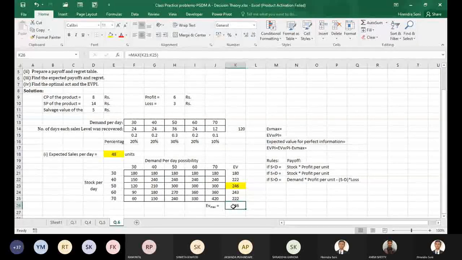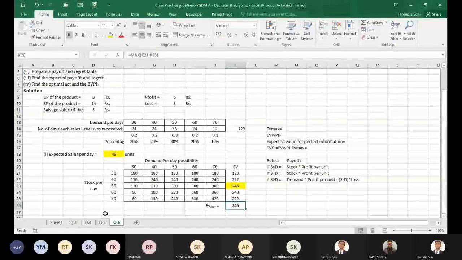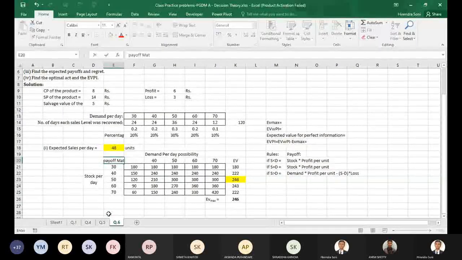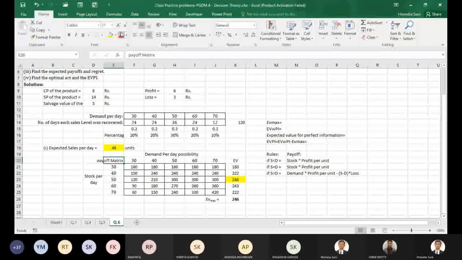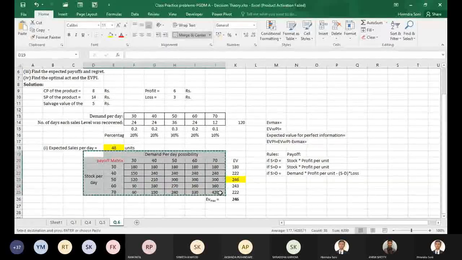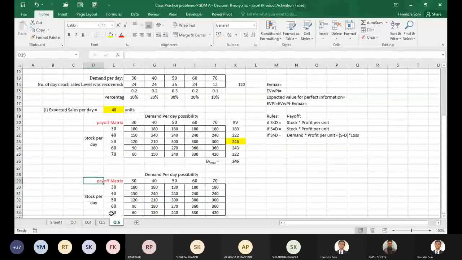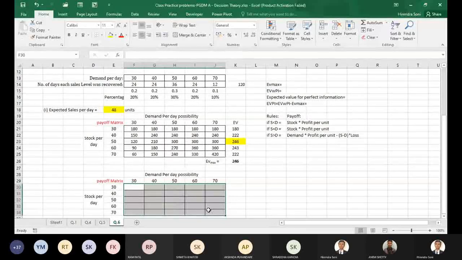Now, they have asked us to even prepare a regret table. So now if I have to prepare a regret table, this is my payoff matrix. Similarly, I will prepare a regret table. तो अंदर का सब वैल्यूज मैं हटा देता हूं. This would be